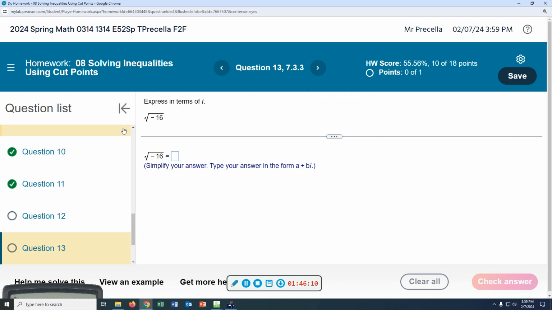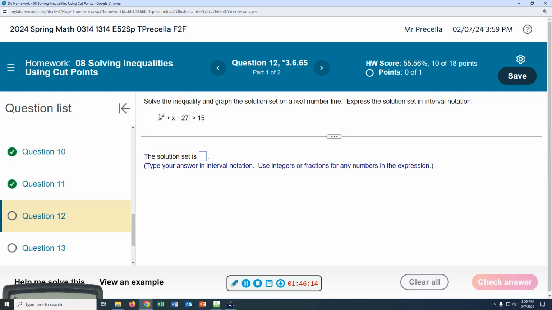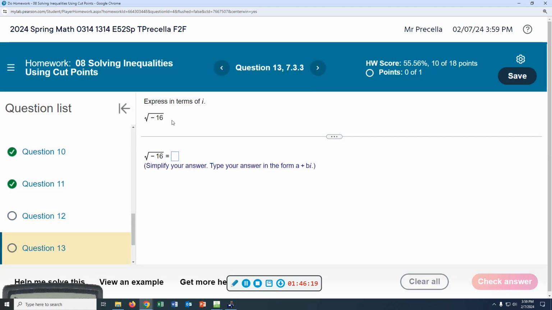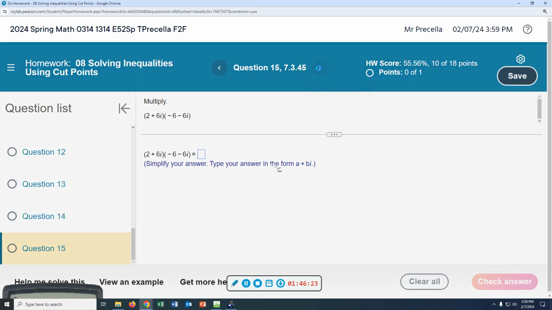Starting with number 13, I'm reviewing number 12 is exactly the same type of problem as number 11. Starting with number 13, we review that very first stuff we did this semester, the I stuff. So, unless there's any questions that you want recorded, I'm going to stop the recording. And for a long class period,